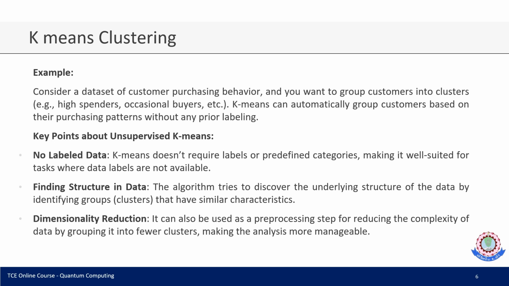For example, consider a dataset in which customer purchasing behavior is recorded. Here we group the customers into clusters based on who buys more related products and who stays on the same product for a long time on the website. K-means can automatically group clusters based on purchase patterns without any prior labeling. Purchase patterns are very important for keeping an online e-commerce application updated. Key points here are unlabeled data and finding structure in the data,